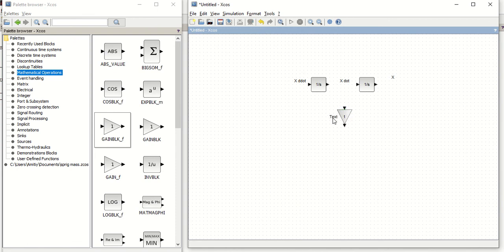Here I can write in front of it c. Similarly, our next part was kx. So one more I will be requiring. Now we are having two gain blocks. Here I can write its block as k.